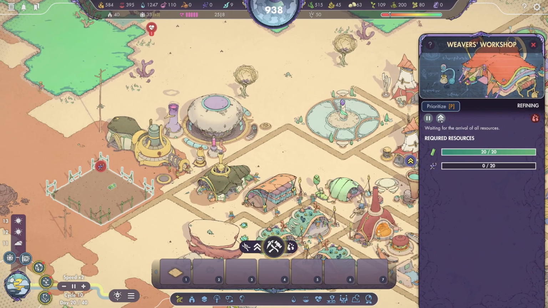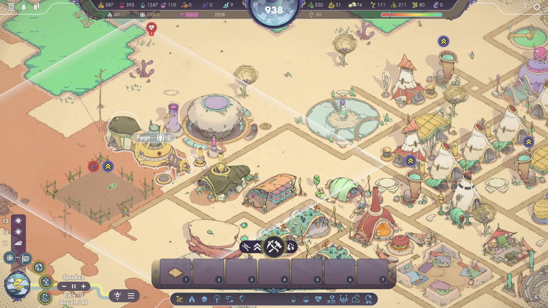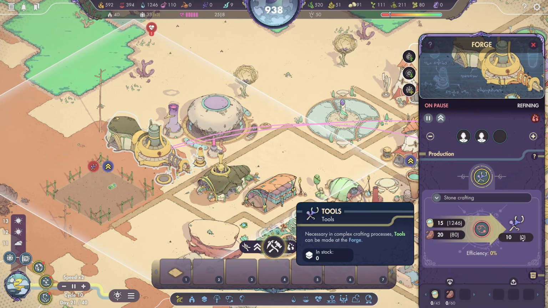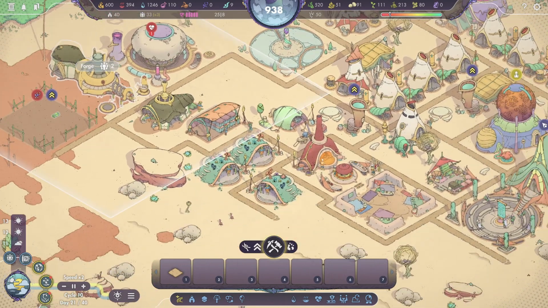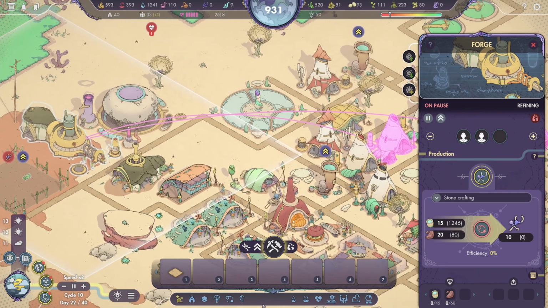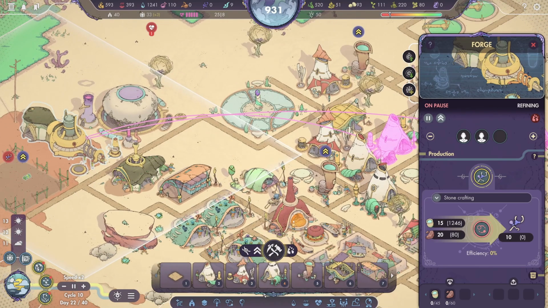Oh wait, why is this inactive? On pause? No. Inactive. I want you to do this. I want tools to come through here, please. Make tools, please. How many citizens do I have available? I don't know. But I'm gonna build